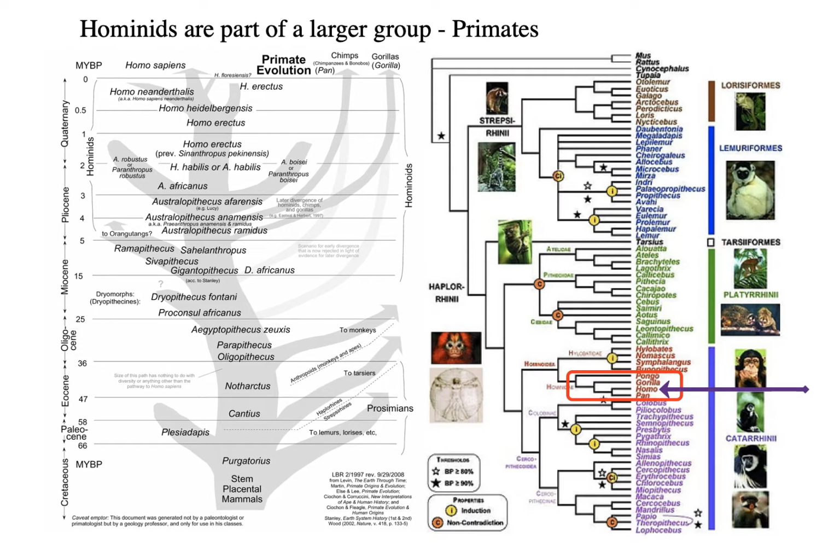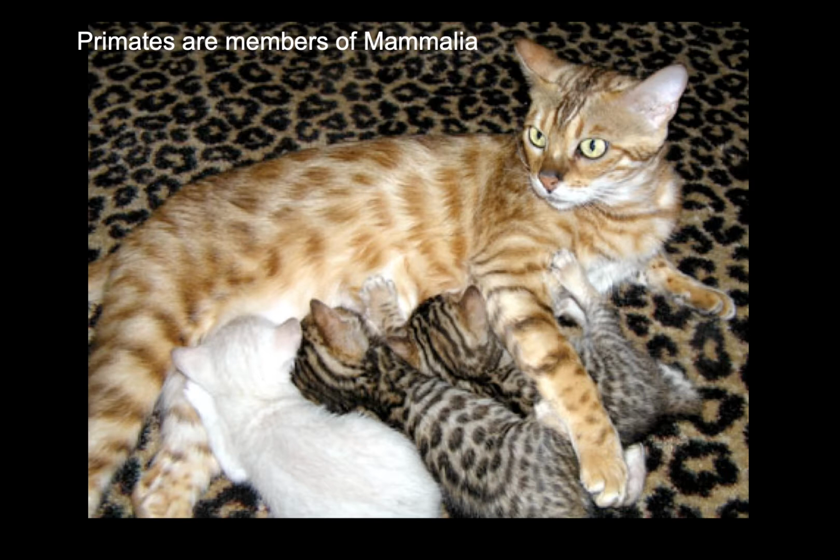The genus Homo is over here with Pan, which are the chimpanzees and the bonobos. And then going back through monkeys over here, you have tarsiers, lemurs, lorises, etc. And then this is rooted with mouse and rats, which are all mammals. And primates, of course, are members of Mammalia, the mammals, including cats and dogs and all sorts of different organisms, and including